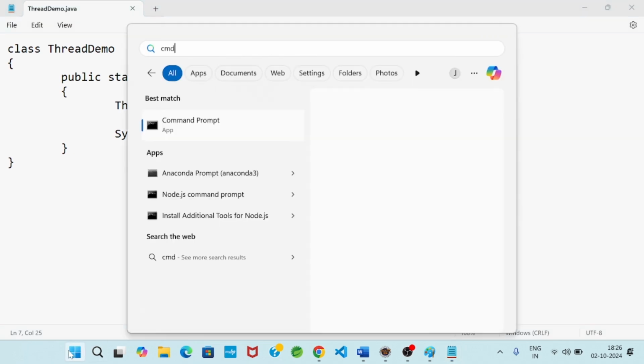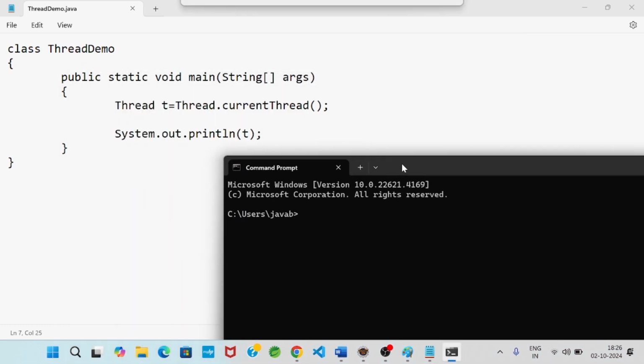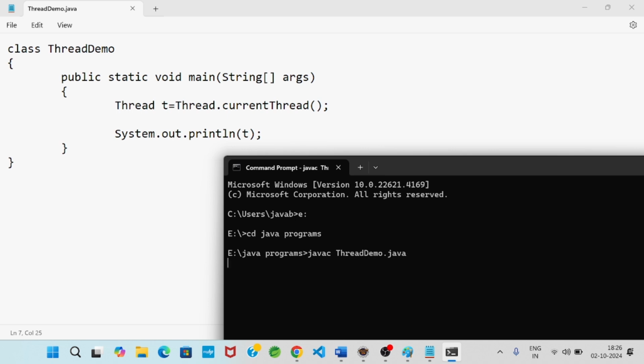Now I will go to the command prompt, go to A drive, go to Java programs. Here I have saved my program. Now I will compile with javac. The command for compilation is javac space file name, ThreadDemo.java. Compilation is successful. Now I will run java space class name, ThreadDemo.